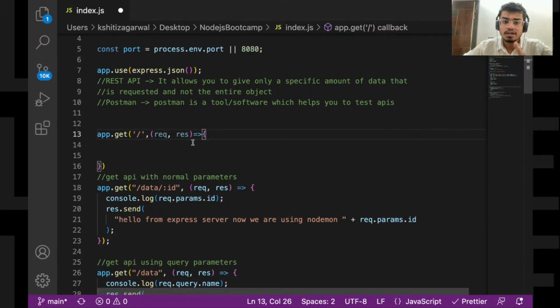All the authentication related APIs you will keep in a separate file. Then all the user related APIs, like user data such as username, address details, phone number, and their previous orders, order history, and current cart status. All such APIs you will create in another file, the users file.